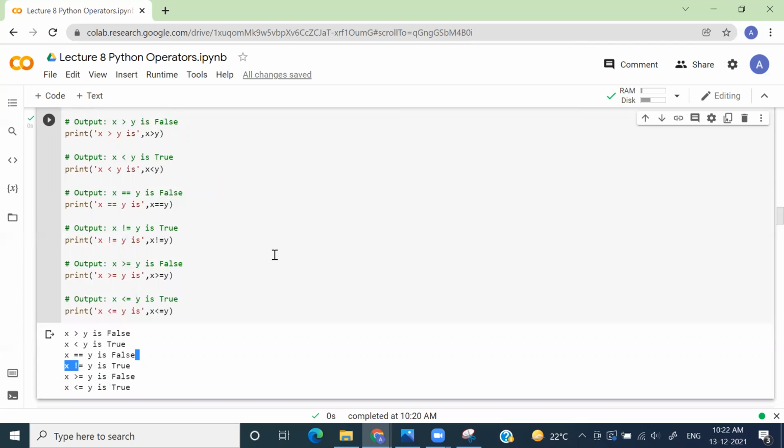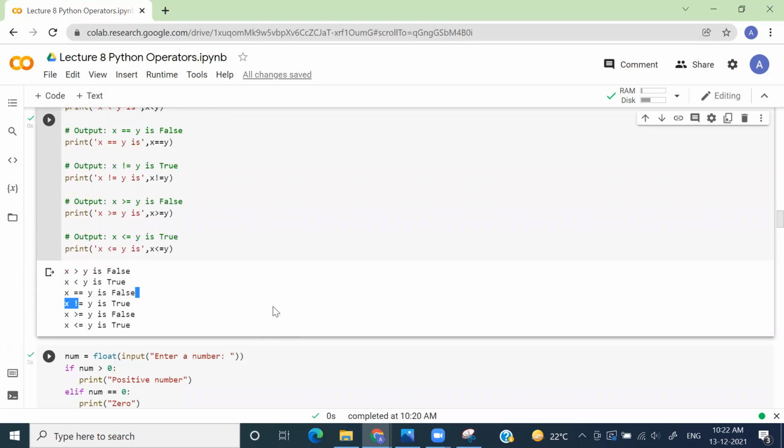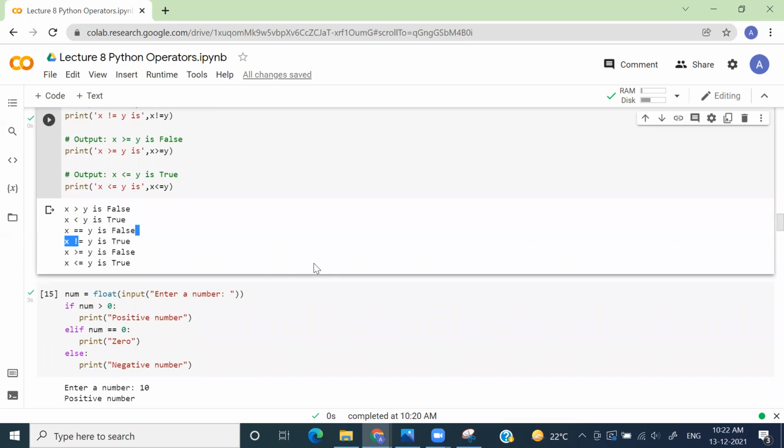Okay. Now the way we did in the case of arithmetic operators, let's do the same thing with comparison operators also. Let's take a real-life program and understand how comparison operators work. The program should take input from the user and tell whether that number is positive or negative. This is the problem statement.